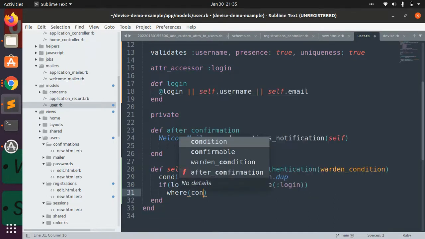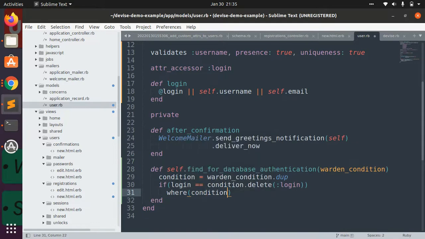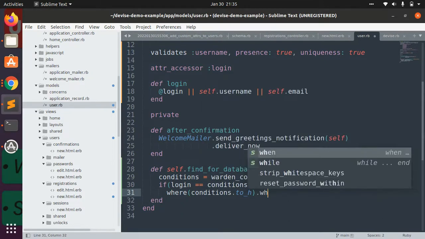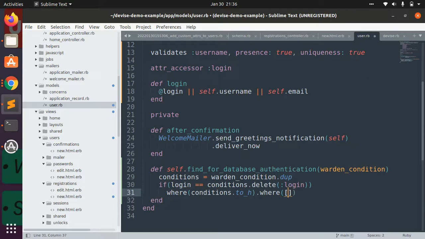Sorry, it is not condition, it is conditions.to_h. This to_h method will convert it to hash, and where, here you need to write lower username, and compare it with the value provided. So let's make it where username equal to value,